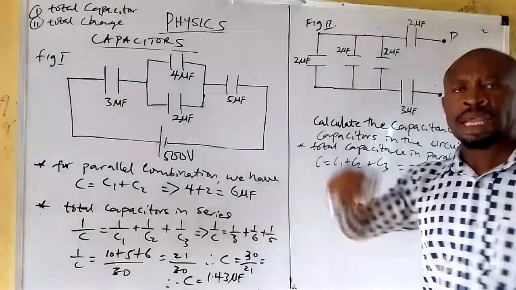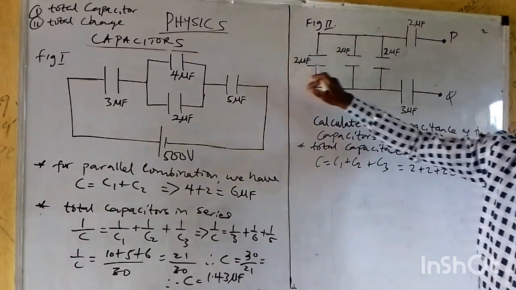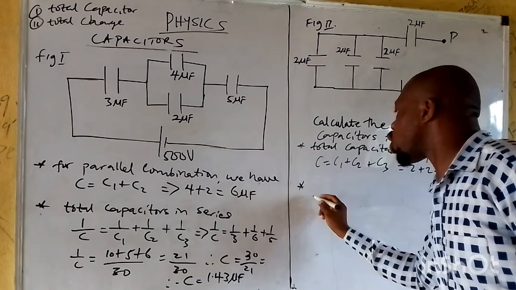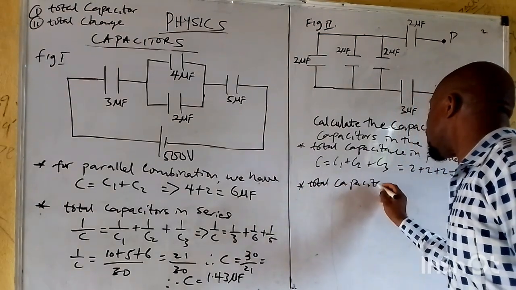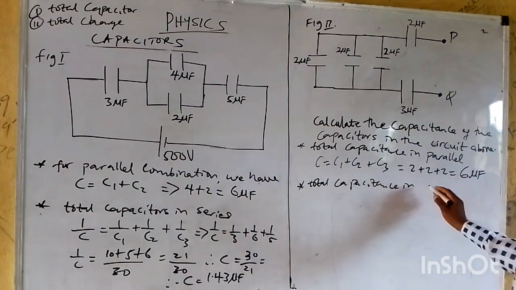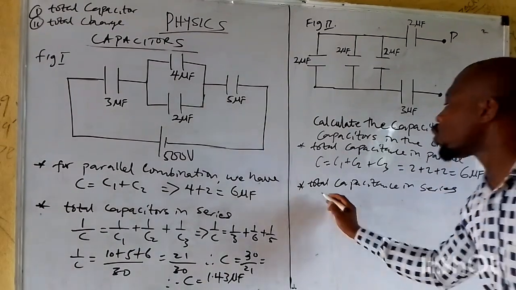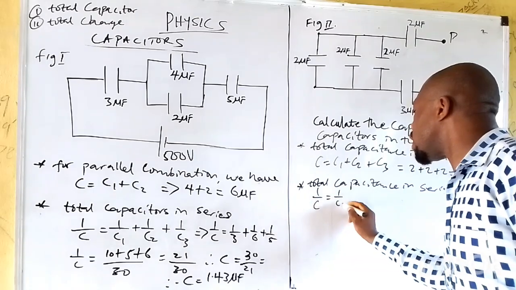Now, having gotten this, these ones put together will now be in series with this. So we now take the second one. Total capacitance in series. Total capacitance in series will give us 1 over C is equal to 1 over C1 plus 1